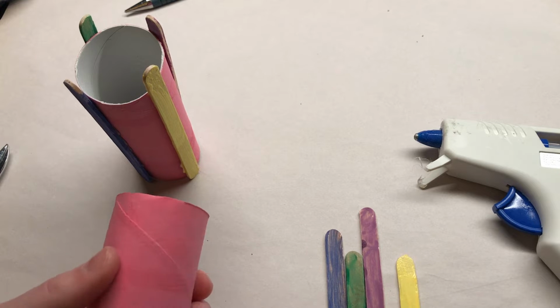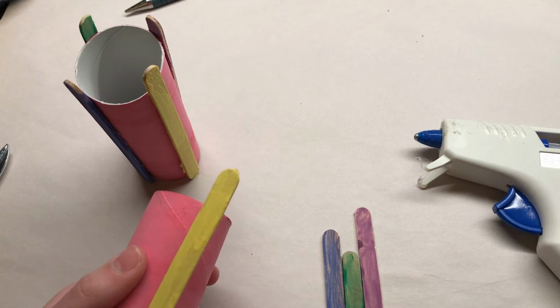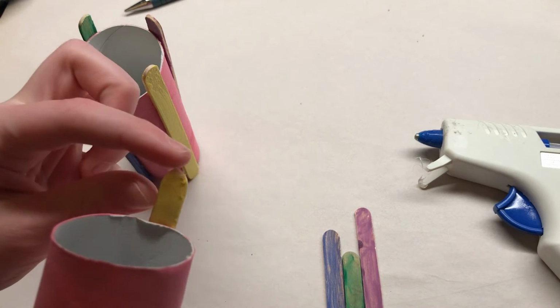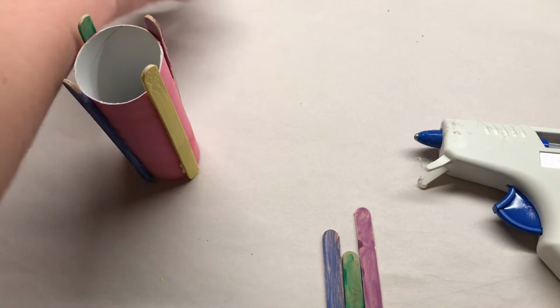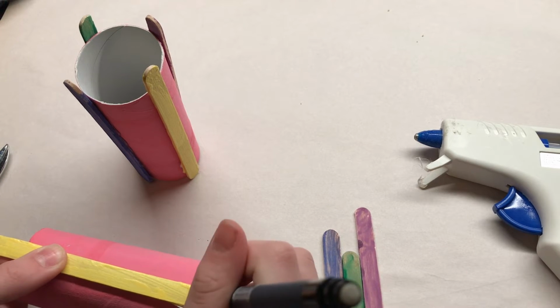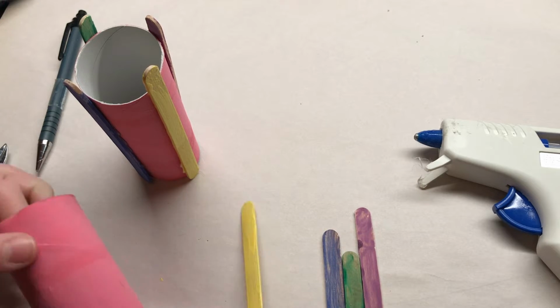Okay, so we're gonna start. I'm gonna start with the yellow one because why not start with the yellow? So I'm gonna put it about like this. I want it to stick out a lot. Now, I want it about like this, so I'm gonna grab my pen and do a line right here. My pen doesn't work. Okay, there we go. I got my line. Then you're gonna grab your glue gun